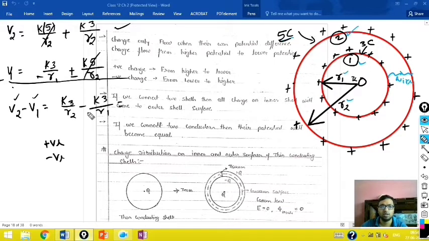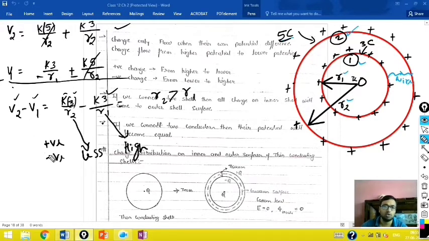Now you can understand which term is greater. Now tell me, r2 is greater than r1, okay. So if r2 is greater than r1, then we are dividing k3, meaning k into 3, by a higher number. R2 is greater, a higher number, so our answer will be less, and we are dividing the same numerator by a lesser number, r1, so our answer will be high or of greater magnitude, okay.